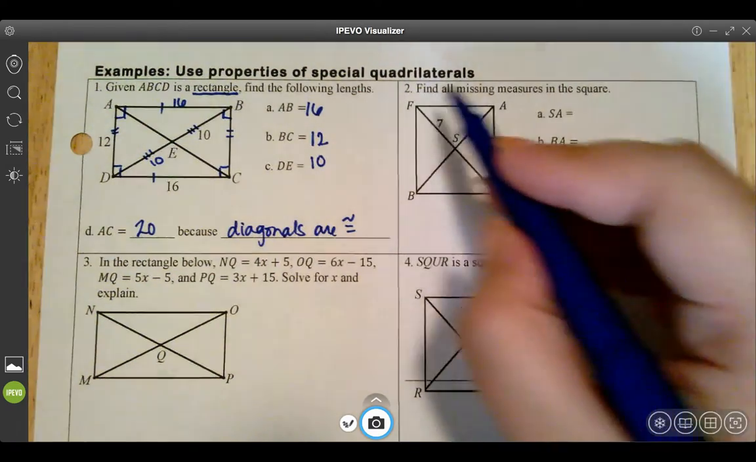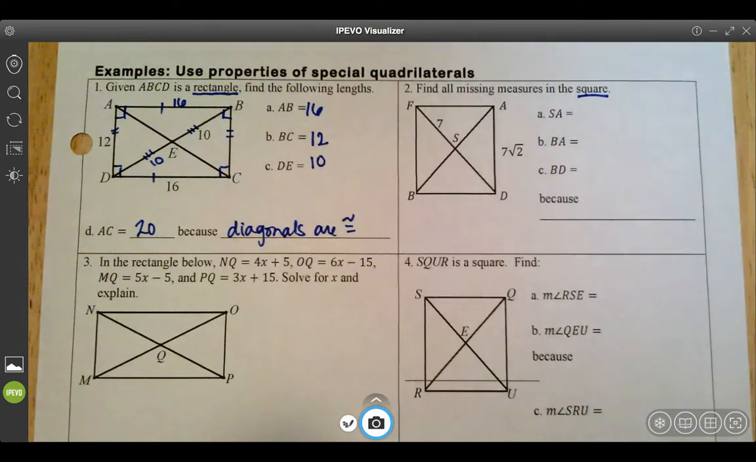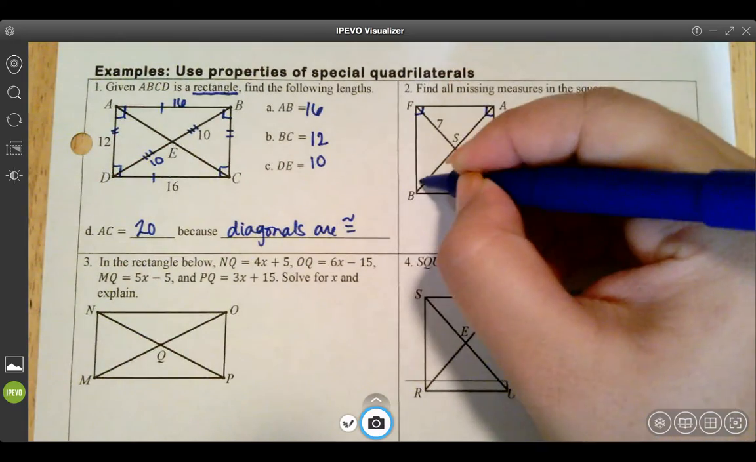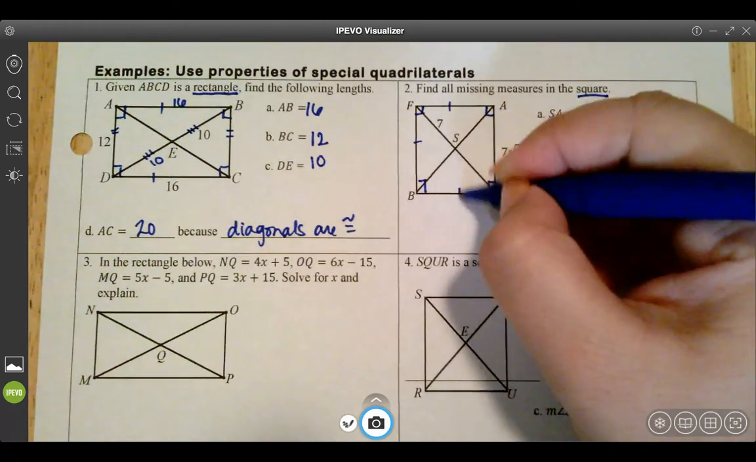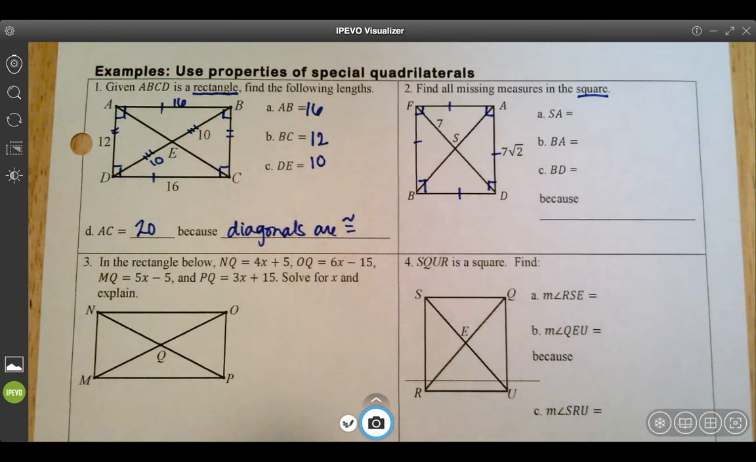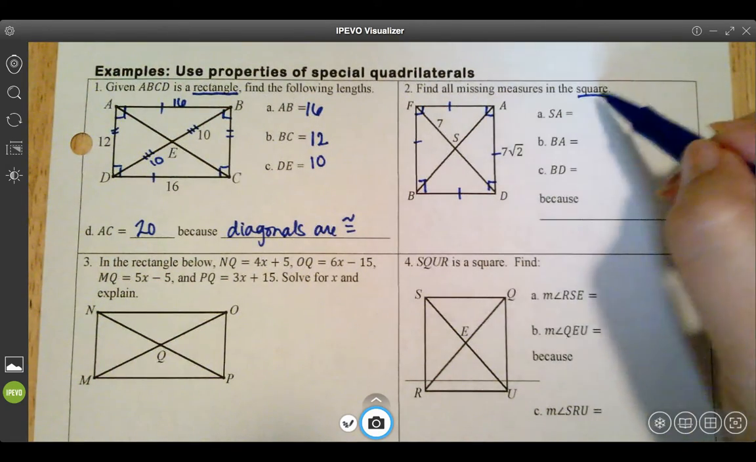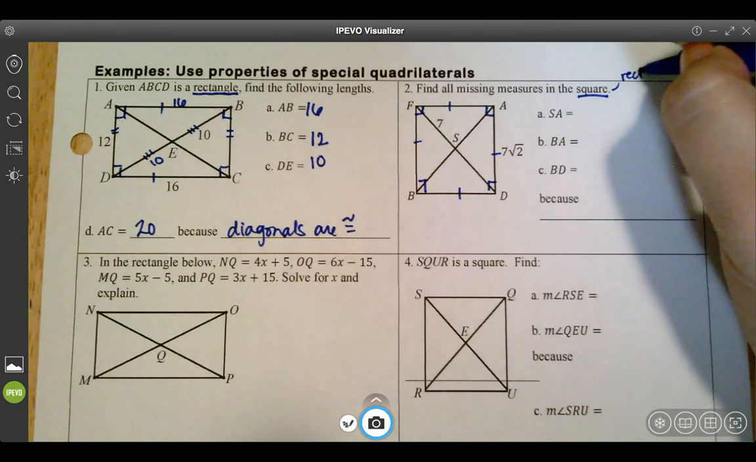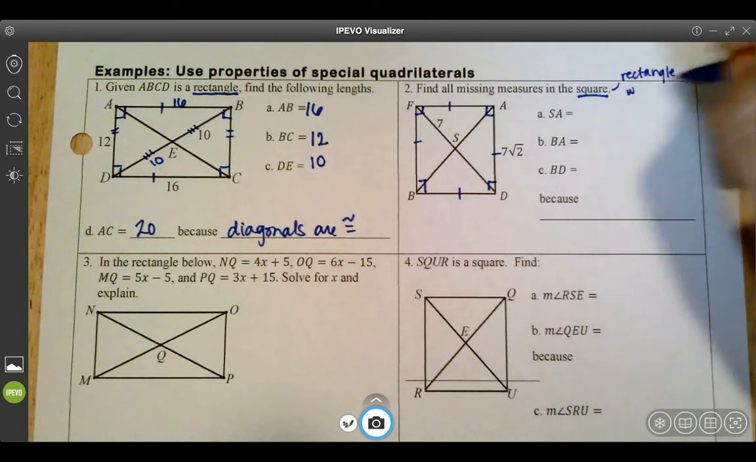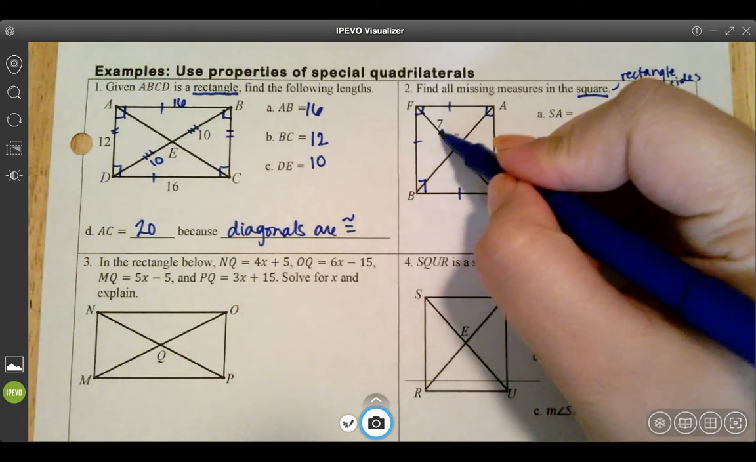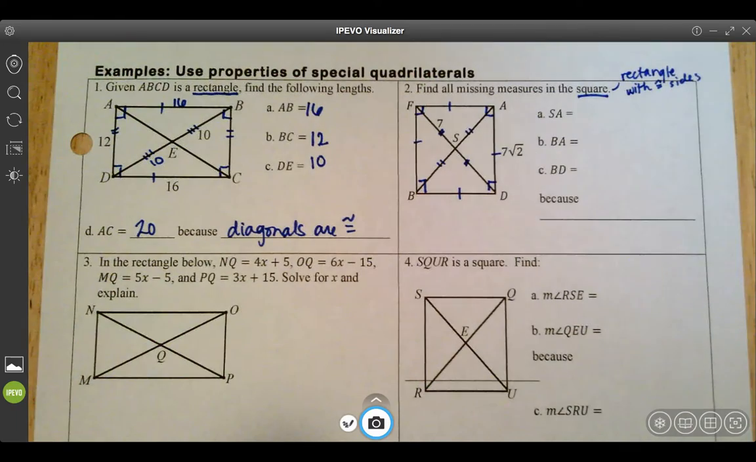In our next example, we want to find the missing measurements in the square. Okay, so what do we know about a square? Well, a square has all right angles, but also when we talk about a square, it means that the sides are congruent. We'll be talking more specifically about properties of a square in a little bit, but you already know some things about a square. So let's look at SA. Well, a square is a rectangle with congruent sides. And therefore, it has all the properties of a rectangle, namely that all of our diagonals and half